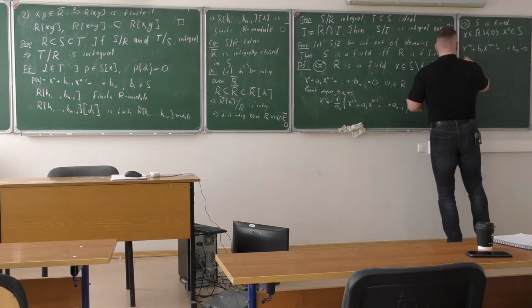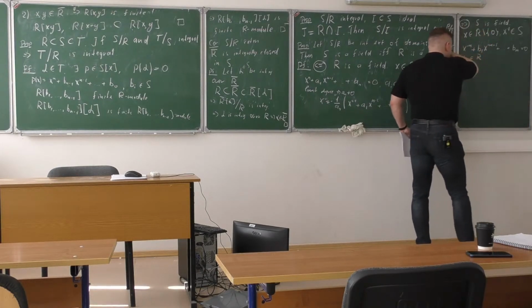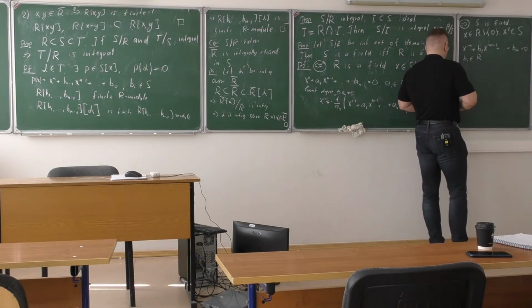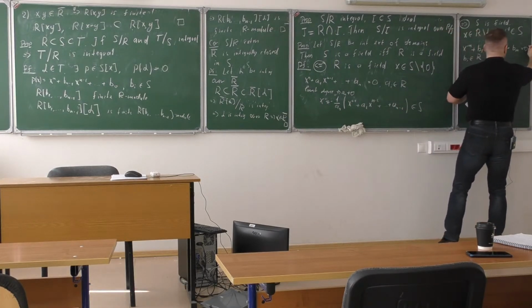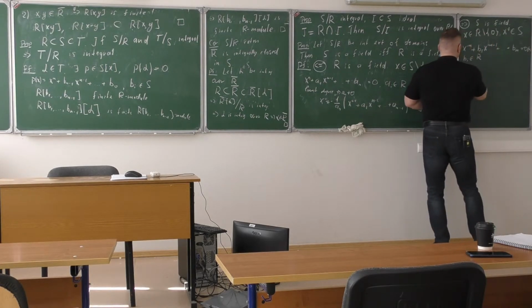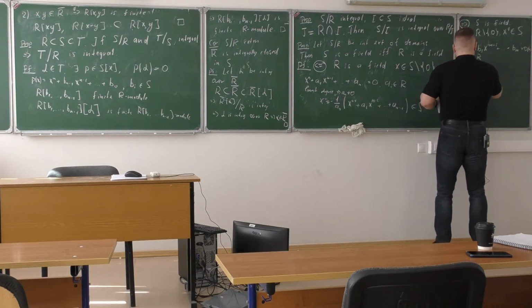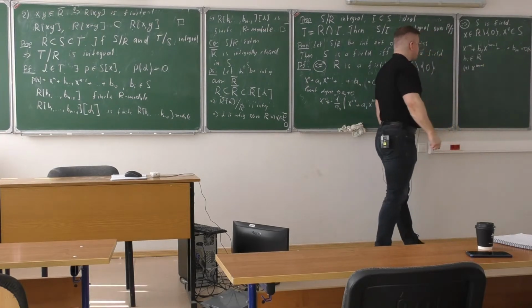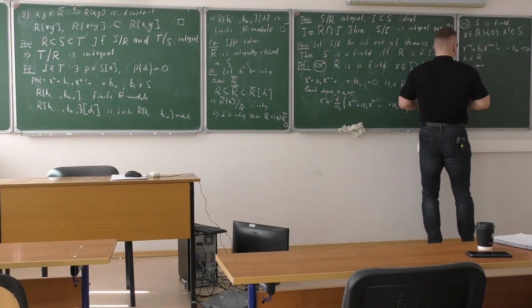So all these coefficients b_i are in the ring R. So this is the equation of integral dependence for x inverse, and I want to look at this equation. Let's say this is star, and then I take star and multiply it by x to the power m minus 1.